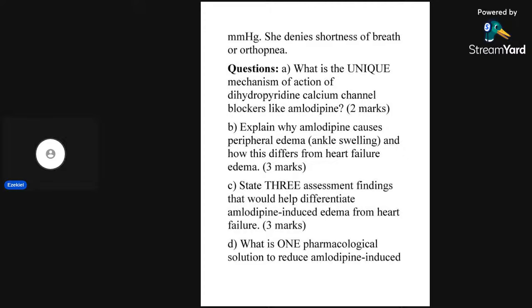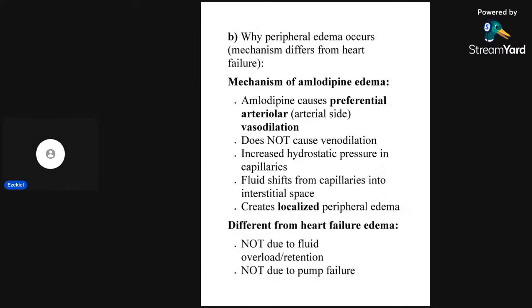When I come to class, I'm going to explain this mechanism very briefly, because there's no diagram here for me to explain it. But the answer, in order to reduce the edema caused by amlodipine, which is the selective vasodilator in CCB, is by using an ACE inhibitor. So now, quickly, question 4